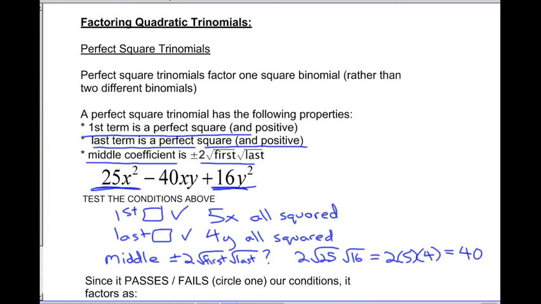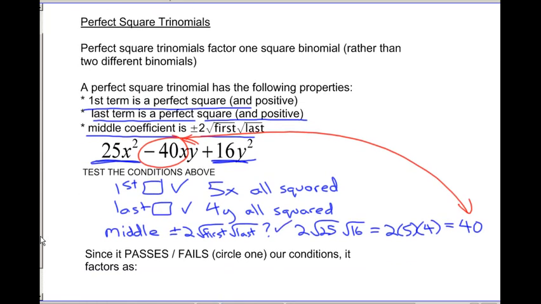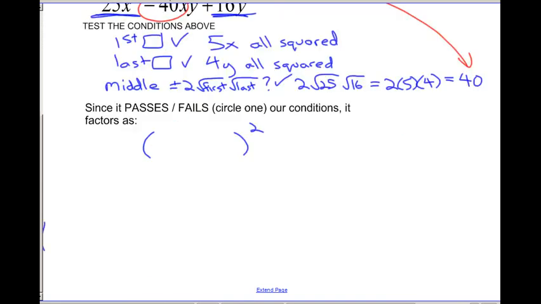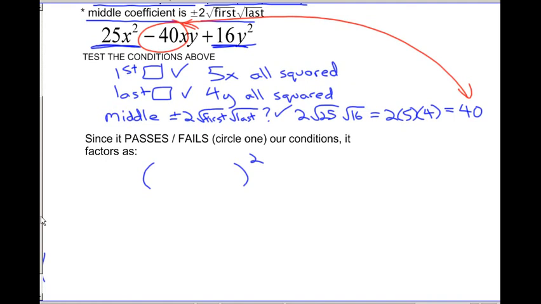Is the middle term, right over here, really positive or negative 40? Absolutely. So they have the same value. It's okay that it's negative. That doesn't make a difference to our test for a perfect square trinomial. Okay, you might say, well, that's not saving us a lot of time so far. But at this point, it will. Once it passes all 3 conditions, you get to factor it really, really fast. It's going to be one binomial all squared. The first term in it is going to be 5x, which was just the square root